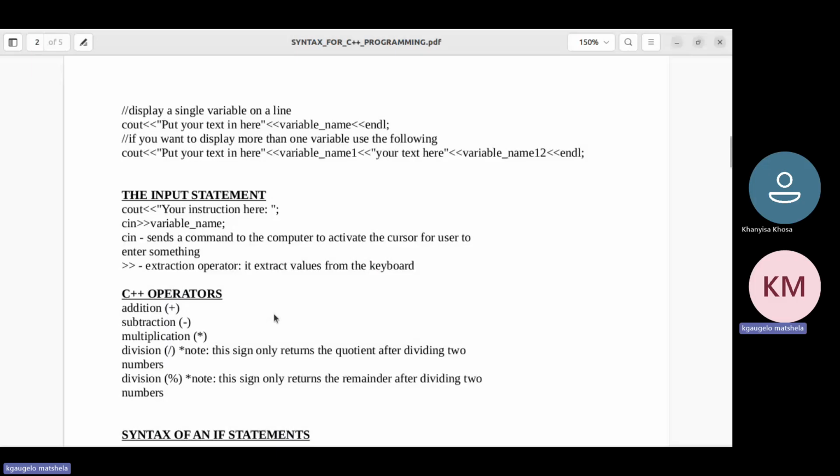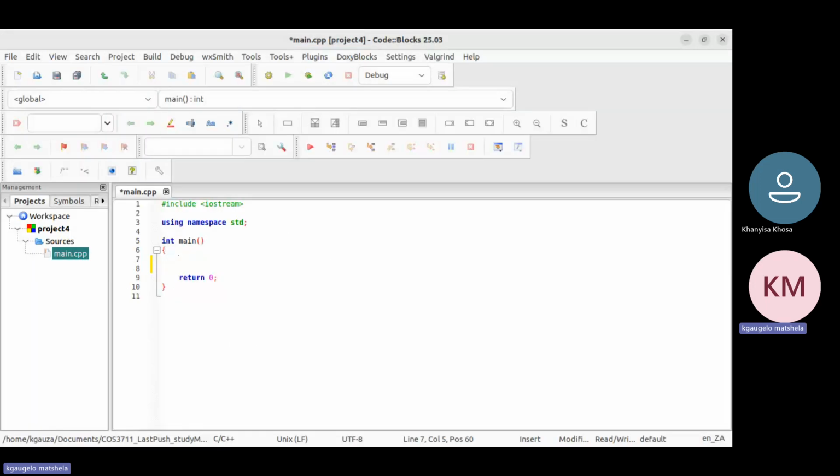These are the C++ operators: addition, subtraction, multiplication, division, and also the modulus, right? Yes. So we just do a short program that's going to be doing those, that will be using those operators. Okay. So first thing, I'm just going to declare the two numbers that we can use to